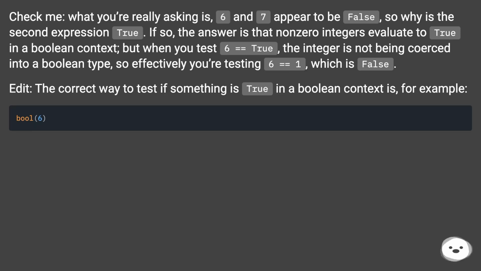Edit: The correct way to test if something is true in a boolean context is, for example,